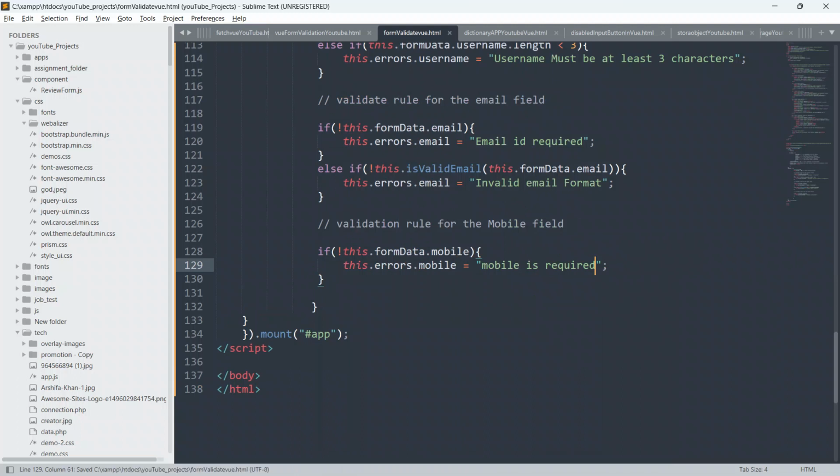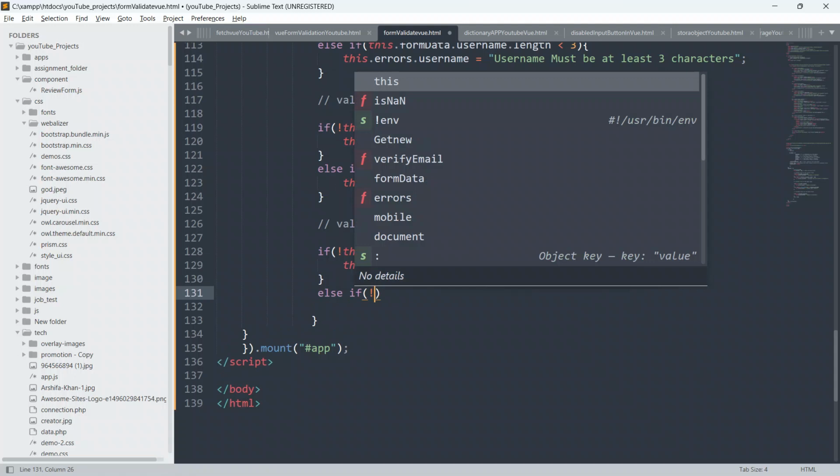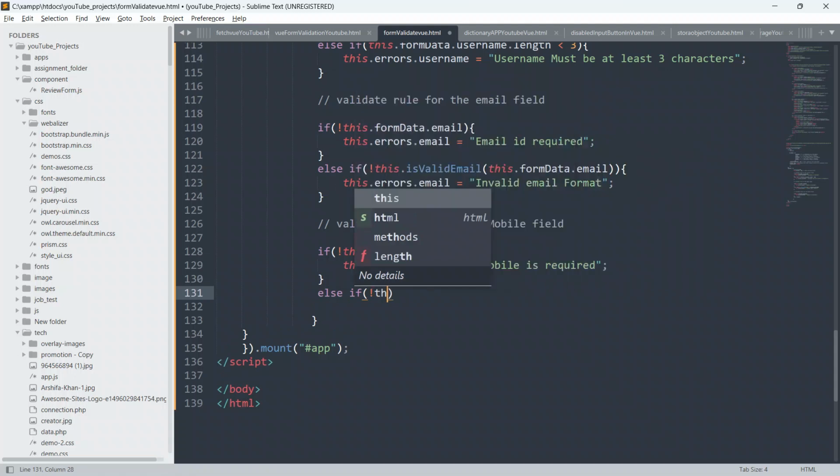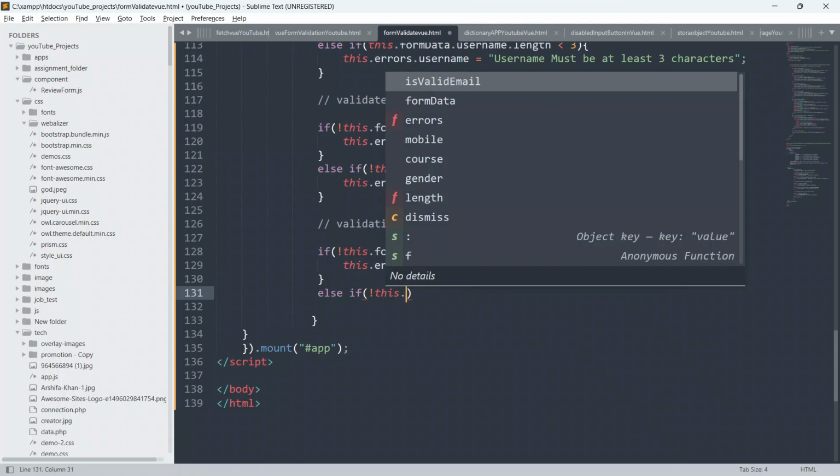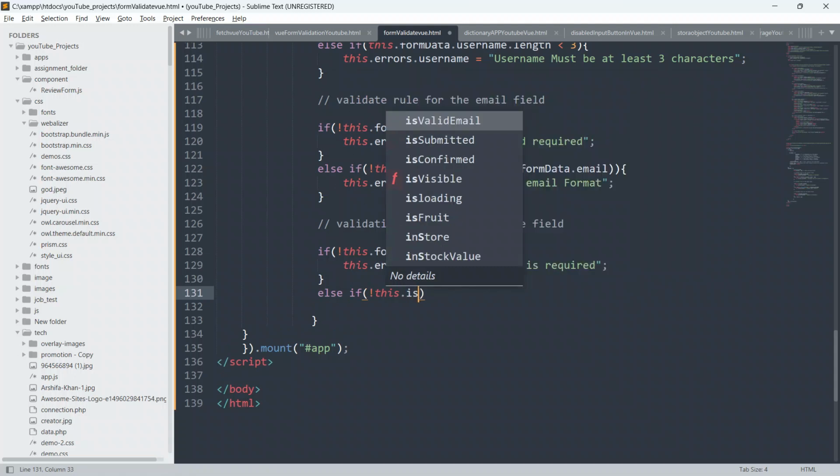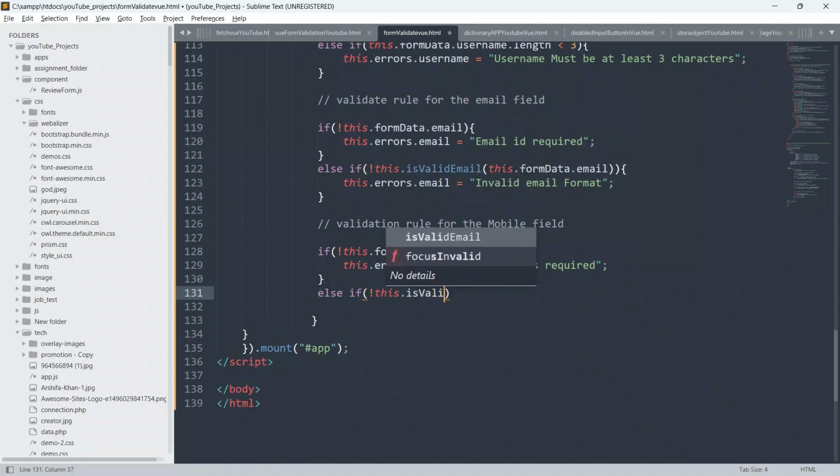And else if we will say else if does not equal to this.isValidMobile.